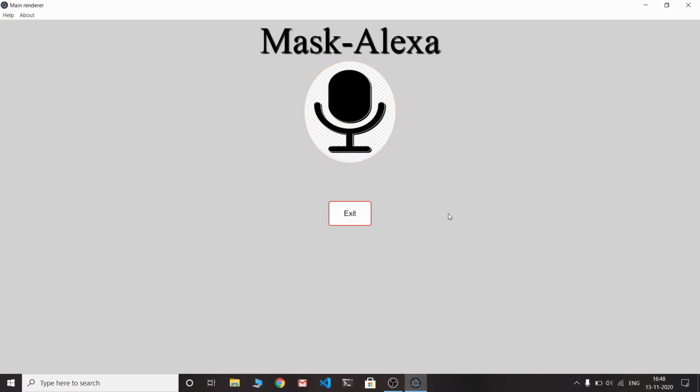BT18CSC099. Today we are going to demonstrate our project called Mask Alexa, which is a voice assistant which helps us to detect masks using voice commands. First, we initiate Alexa using Alexa command, and then when Alexa prompts us to be ready and say check for mask, we get ready with our mask and say